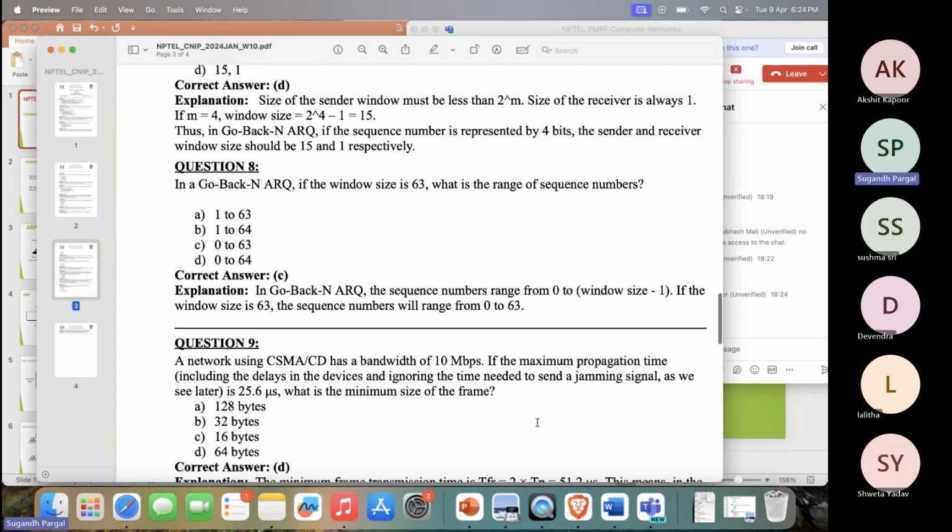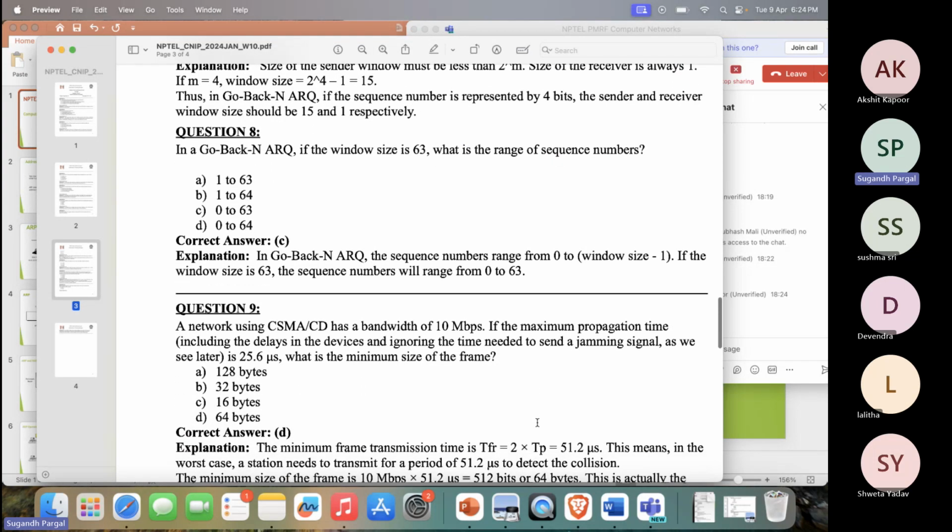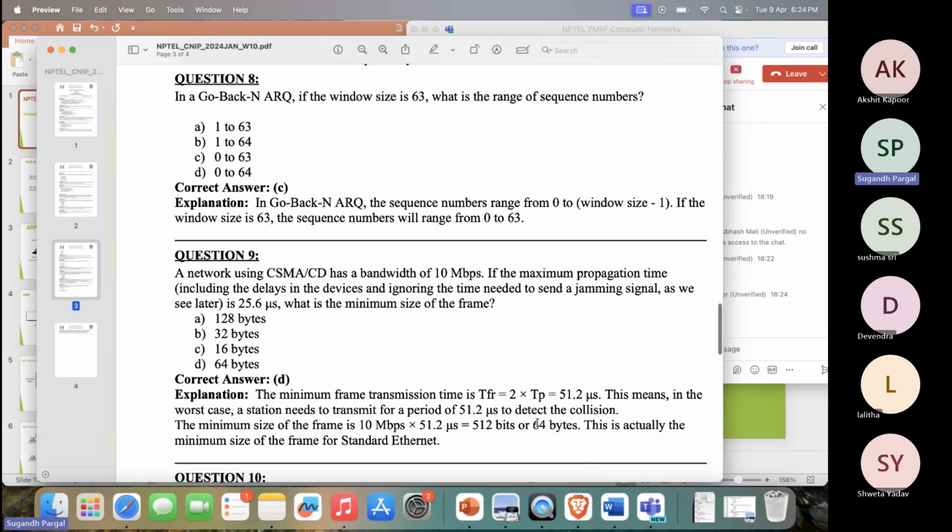Yes, so the correct answer is D, that is 64 bytes. Here is the explanation: the minimum frame transmission time, that is TFR, is 2 times the propagation time, that is 2 into 25.6, which is 51.2 microseconds. This means in the worst case, a station needs to transmit for this much time to detect